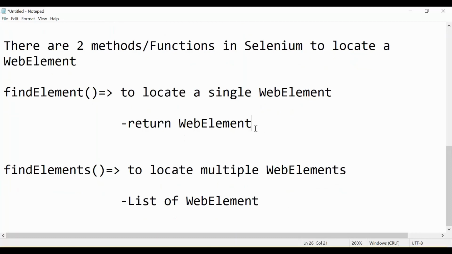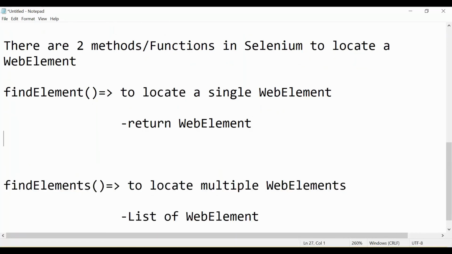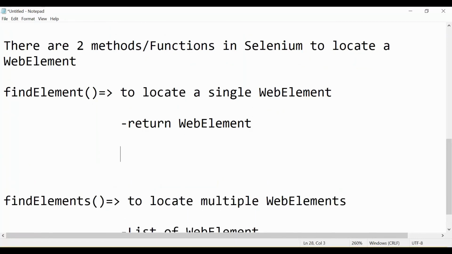What if you are using this method and it does not find that web element? This method will throw a no such element exception.